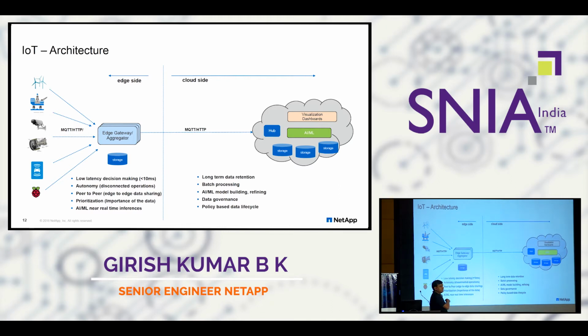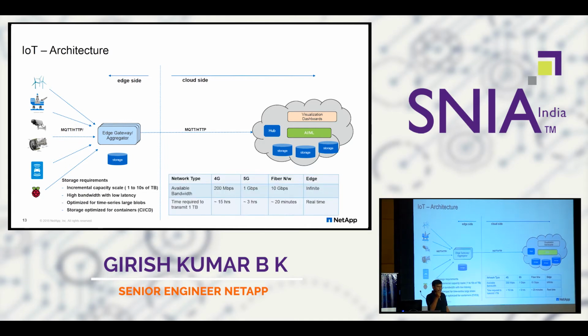On the device side, in the industrial context, not many devices talk IP. In the traditional world, they talk some wireless protocol like Bluetooth or Zigbee. They are running in a very constrained environment, so not a full stack will be running. In that world, you definitely need an edge which can send data to the cloud. This becomes like a gateway, just a protocol mapper, with different devices talking different protocols and bringing the data in. Once you have the aggregated data, then you can move forward to the cloud.